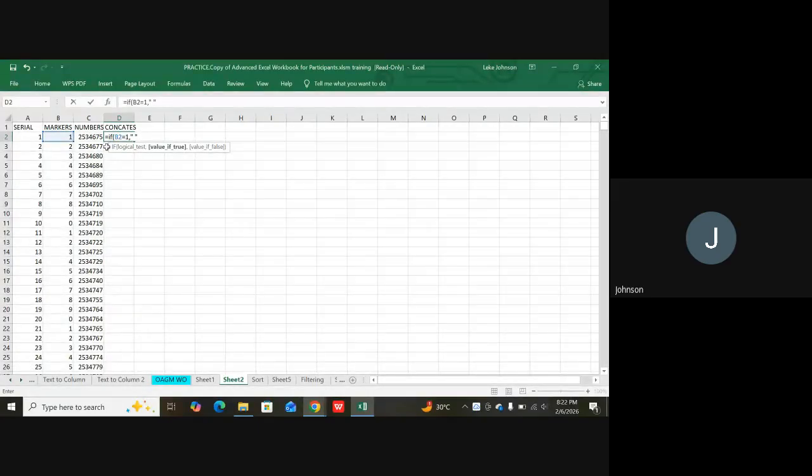However, if our B2 is not equal to 1, then we start another answer, which is another IF function. We open a bracket. We say our B2 again is equal to, if it's not 1, then it's equal to 2. That's what we say. So we put our comma. If it's actually equal to 2,